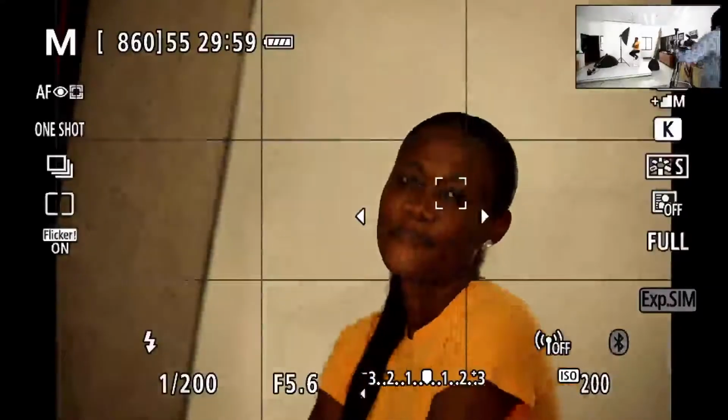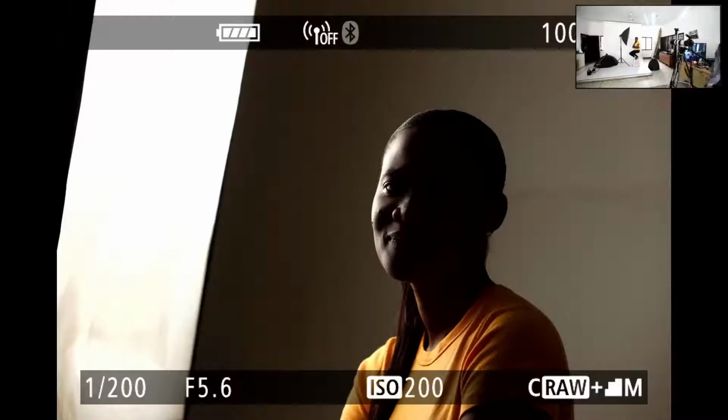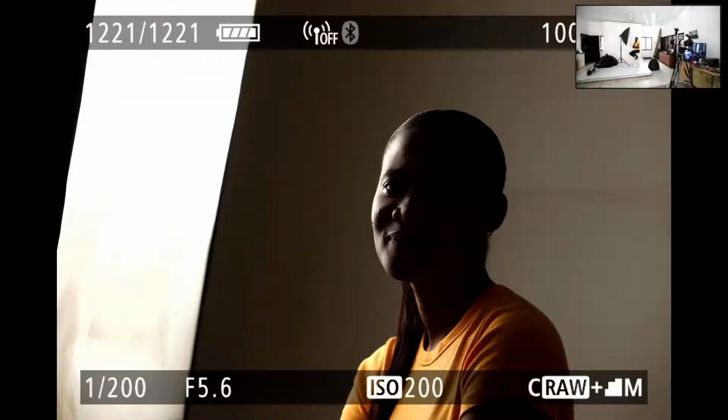And then I'll take another picture, and you can see that now it's just the side of her face which is lighted. I mean, if this is the look you're going for, that's great. Now you know how to get it. But in my case, I prefer this image the most in terms of basic lighting, just to get the lighting good from the